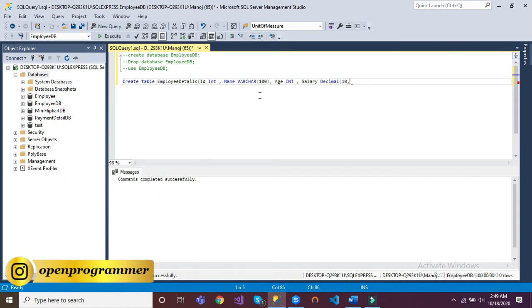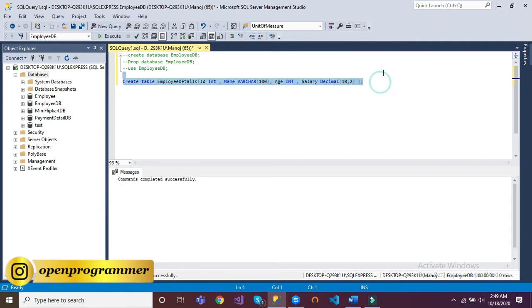So 10 comma 2. 10 means it can take 10 length, and 2 means it will have 2 decimal places, right? And after that, let me close the parenthesis, semicolon.